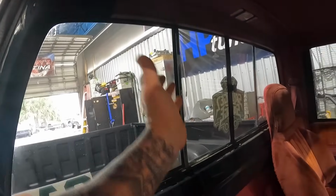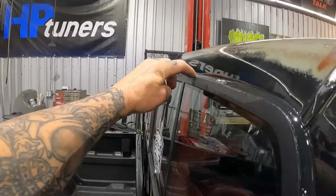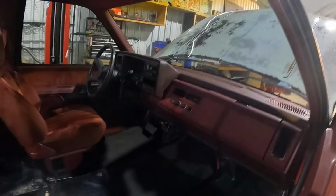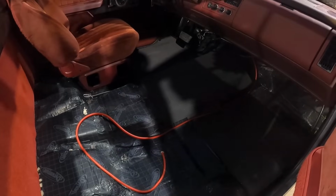So, I pulled the carpet up, started pulling out some panels to try to find the leak, and I did determine that it was just up here. I just used a little seam sealer. Now there's no more water coming in, so I threw down some Dynamat, ordered a new carpet kit, and also